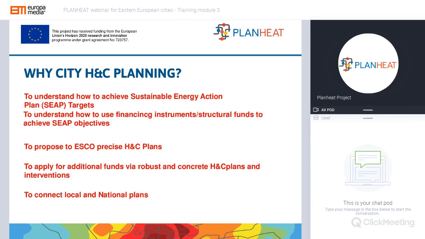So in order to understand how to achieve those sustainable energy action plan targets in each country, we should also understand how to use financing instruments or, in some cases, structural funds to achieve those objectives.